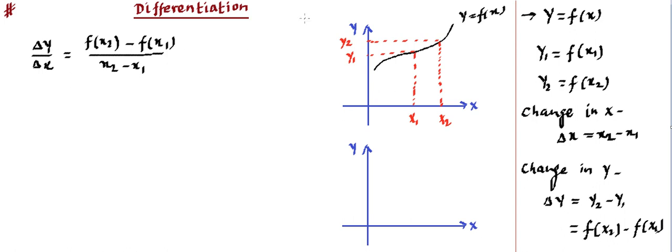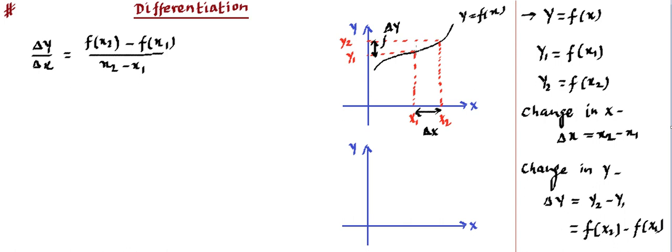Now here this delta x that we have treated, which is x2 minus x1, this is indicating the delta x. So this difference is the difference in x or change in x in terms of the graph. Similarly, this gap is indicating change in y or the value of the function. So when we bring this amount of change in x, then you'll find this amount of change in y occurs.